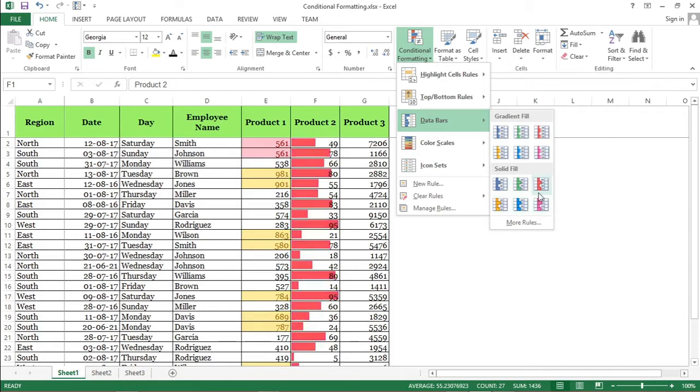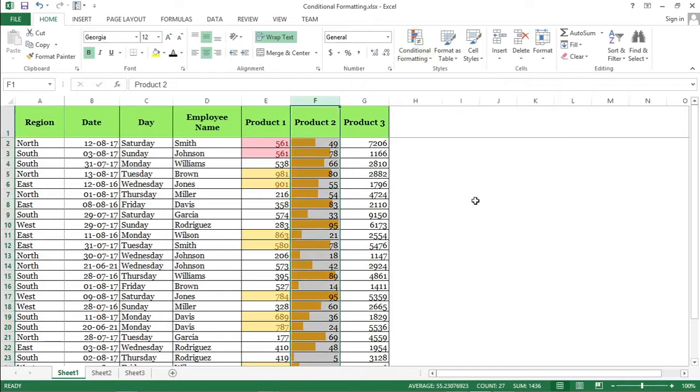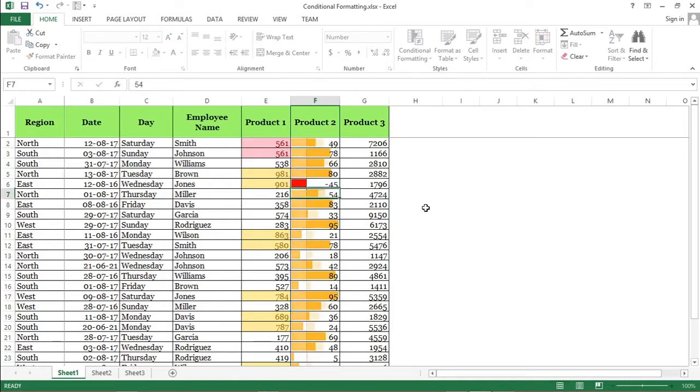Let's make some changes in the column to view the effect. I am selecting this cell. Change it to 100. The cell is filled with this color. Type 0 in this cell, its color is gone. Now type -45. The whole color shifts to the right, giving space for the red color, which is negative. Similarly, you can use color scales. You can choose icon sets.